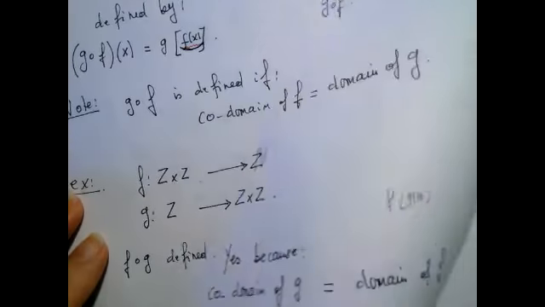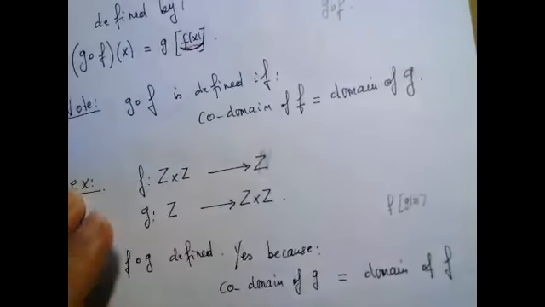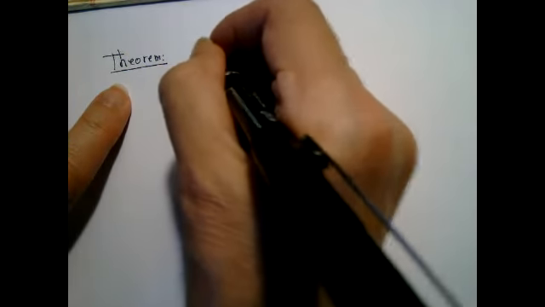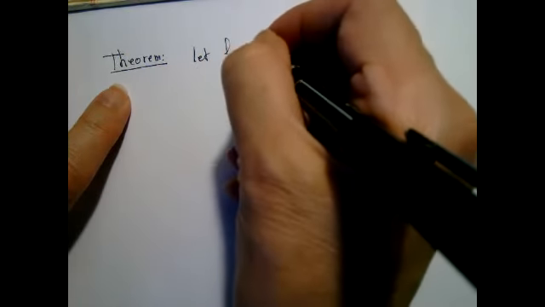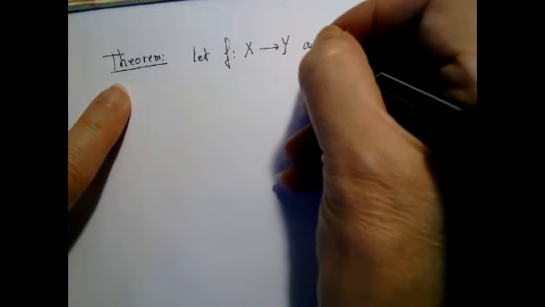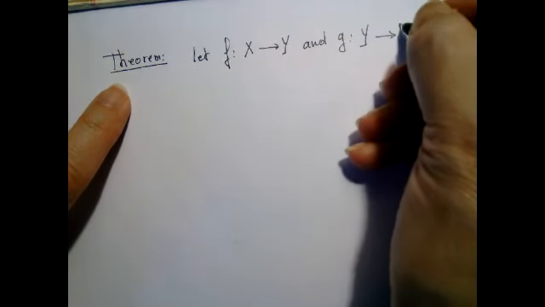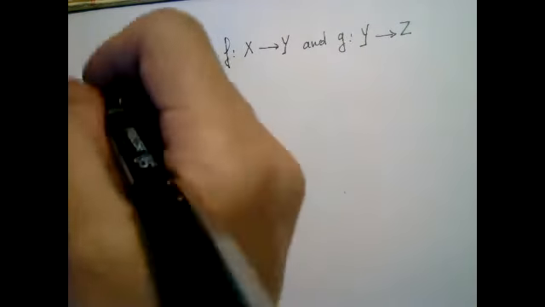Okay, so let me pick the easy part, the easy proof, and the other one I'll do next time. So I'm going to put the following problem in front of you and see whether we can do it. This is a fact or a theorem, whatever we want to call it. Okay, let F be a function, so it's a rule from X to Y, and G from Y to Z. Then,